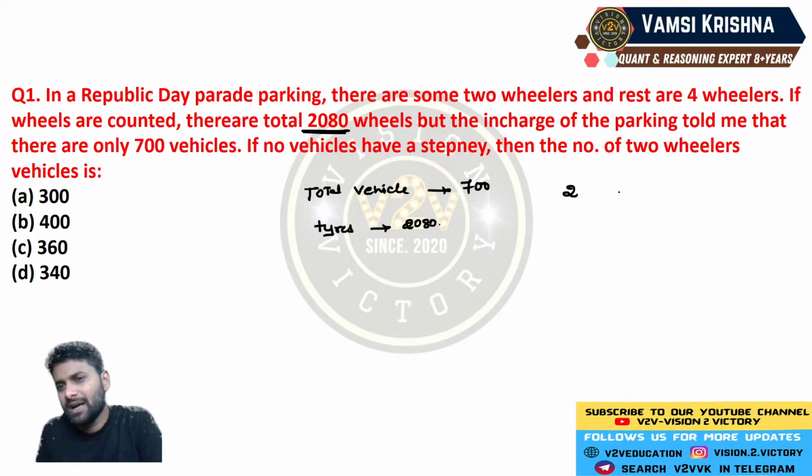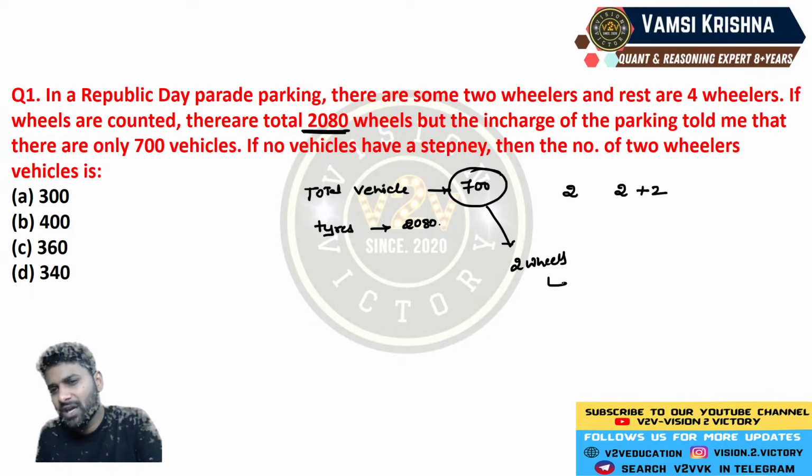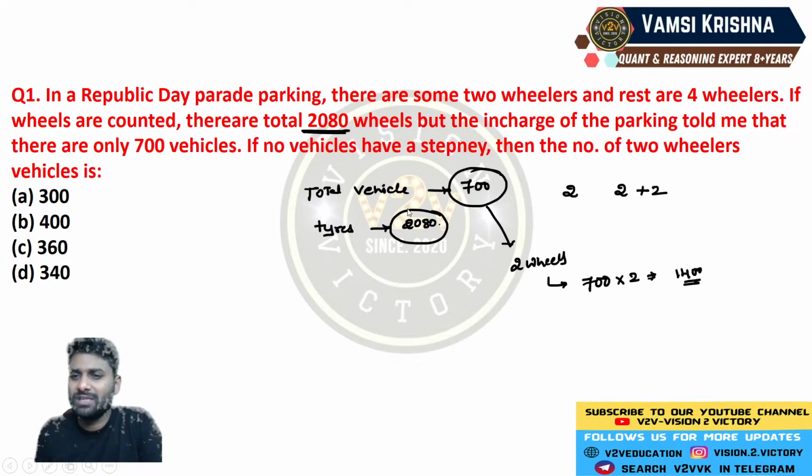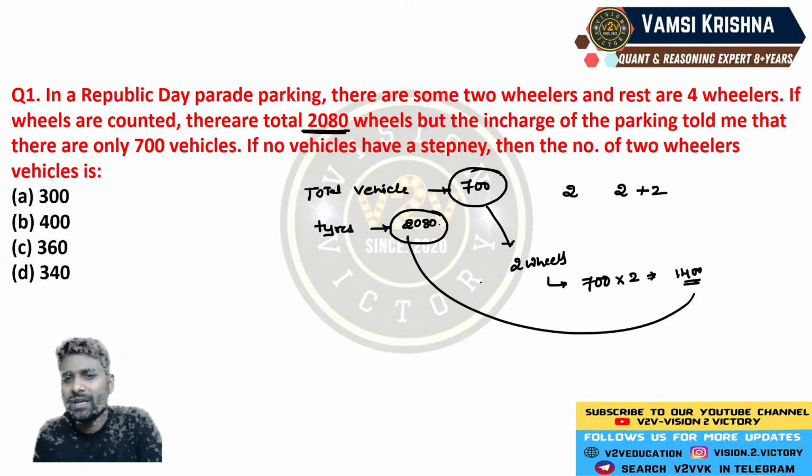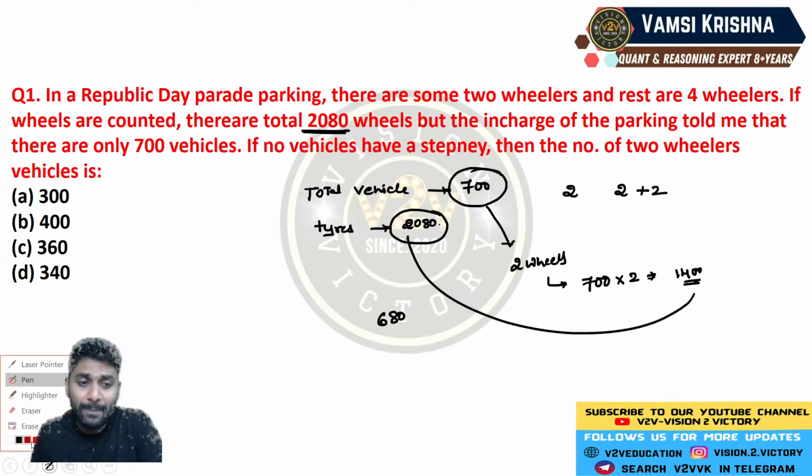There are two-wheelers and four-wheelers. Let us assume that all 700 vehicles are two-wheeler vehicles. Then the total number of tires should be 700 multiplied by 2, which is exactly equal to 1400. But why do they have 2080 tires? How many extra tires are there here? 1400 becoming 2080 means there are 680 extra tires, because in the parking lot